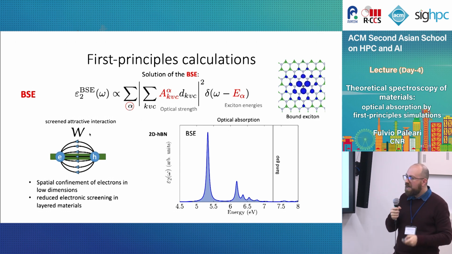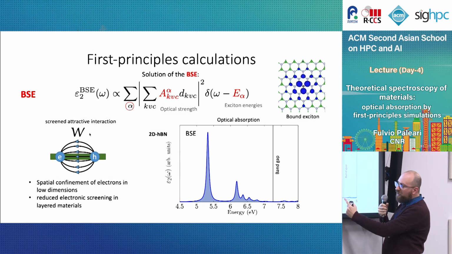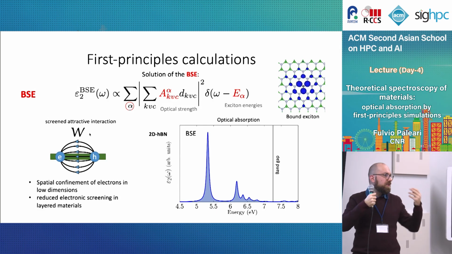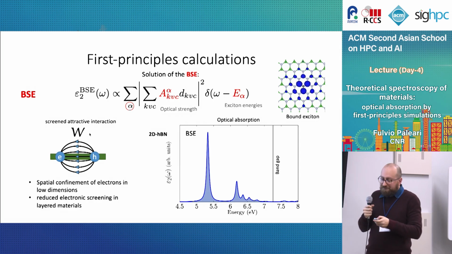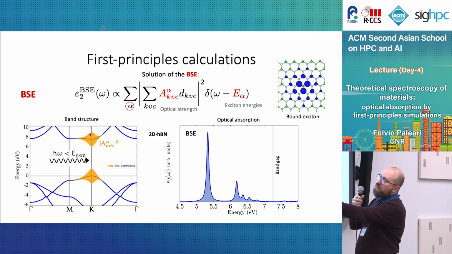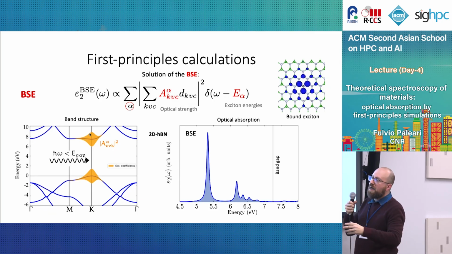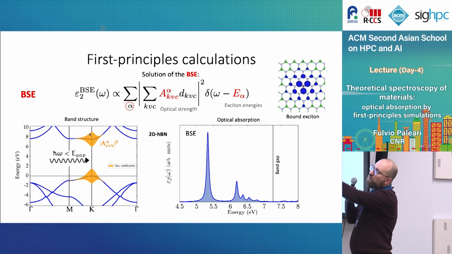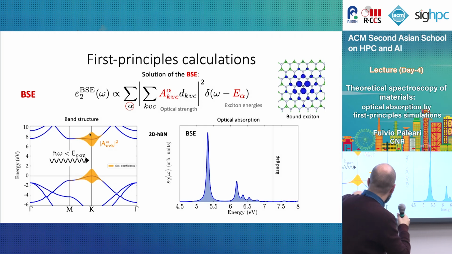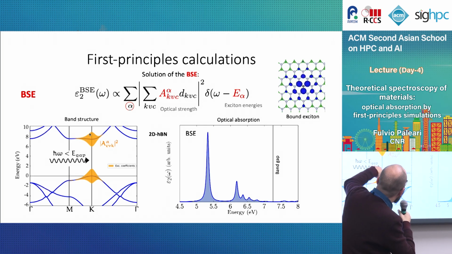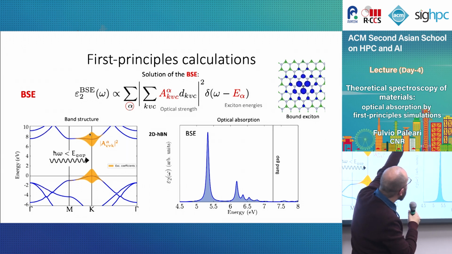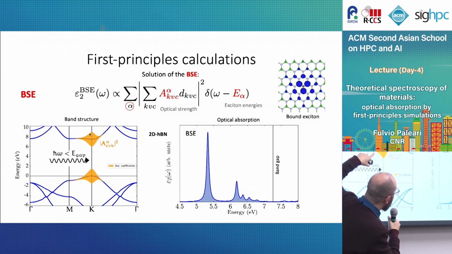It is so strong that it creates bound pairs 2 electron volts below what should be the band gap for electronic photoemission. And as you can see, if I go back a little bit, we can also see how these peaks originate from a linear combination of all possible transitions. In this case, I'm analyzing the main peak, and it basically comes from a linear combination of all the possible dipoles where the A's are non-zero, which is just this area, right?